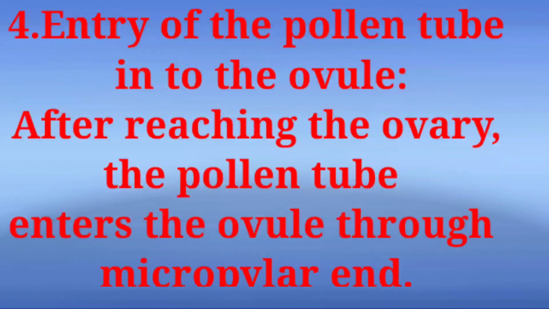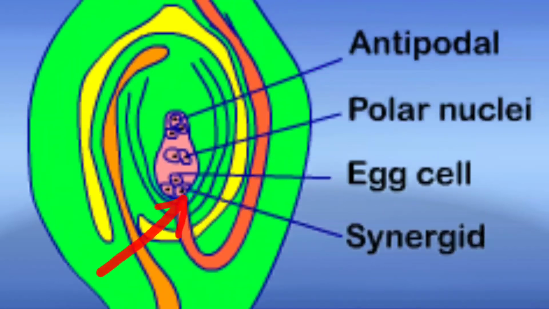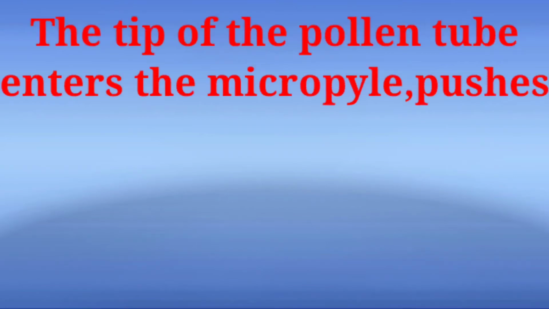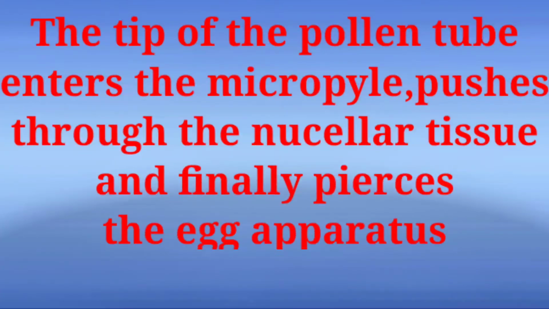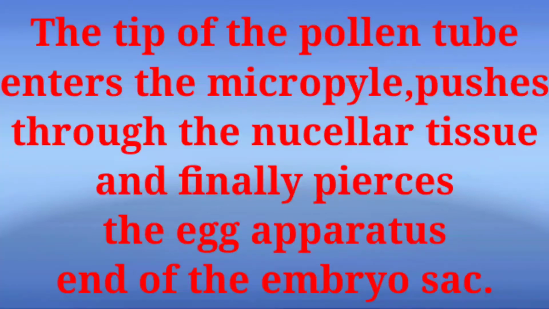Next, what happened? That is the entry of the pollen tube into the ovule, isn't it? So once it reaches the ovary, the pollen tube enters the ovule through the micropylar end. You can see this arrow. This is what the micropylar end is. The pollen tube enters through the micropyle, and it pushes through the micropyle and finally pierces the egg